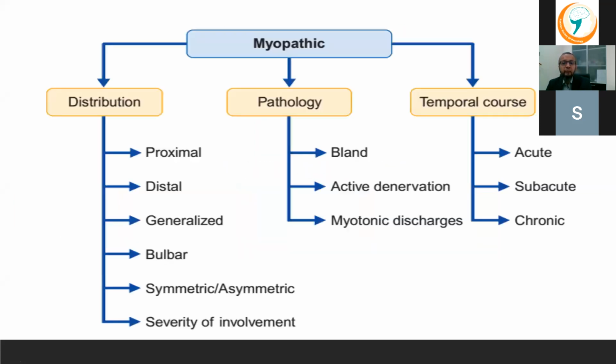Going on to the approach for myopathy, the information that you can gain from EMG and nerve conduction, you can tell the distribution. Obviously, you have already examined clinically, but you just want to confirm, and you need to choose your muscles accordingly to the clinical picture. You need to see which are the weak muscles. You don't do those muscles which have zero power because they are totally burned out. You may not see much pathology there. Importantly over here,